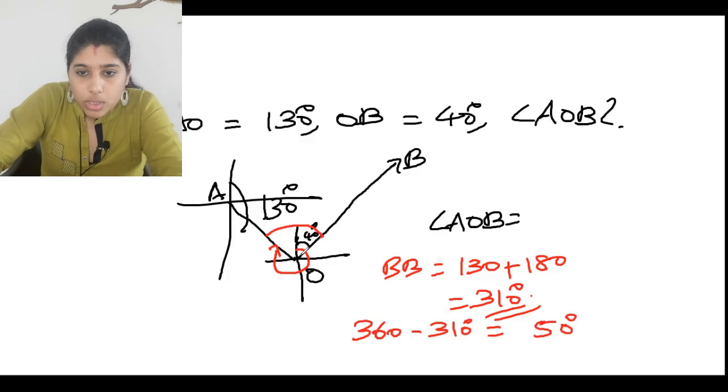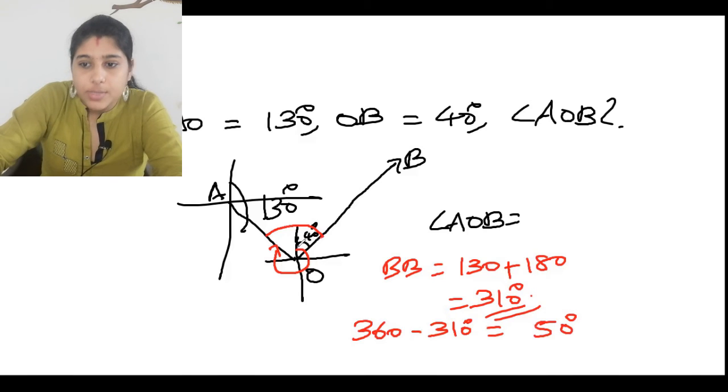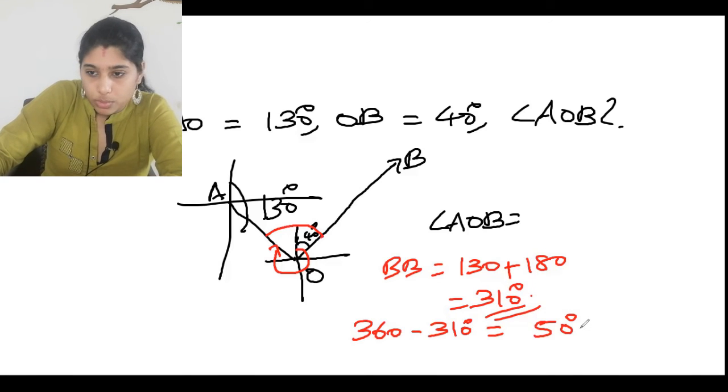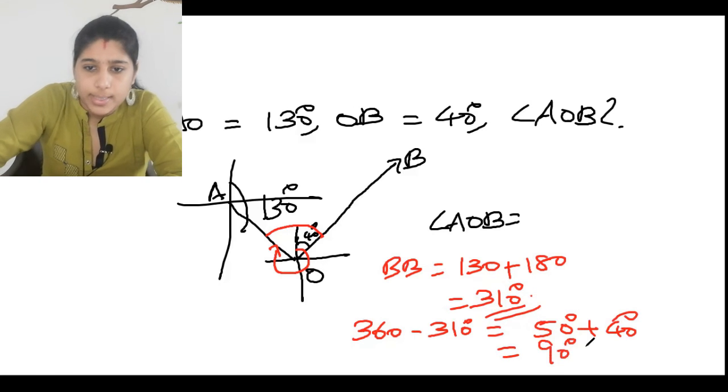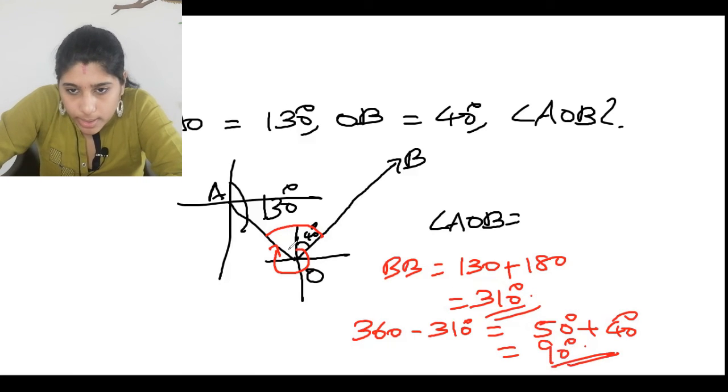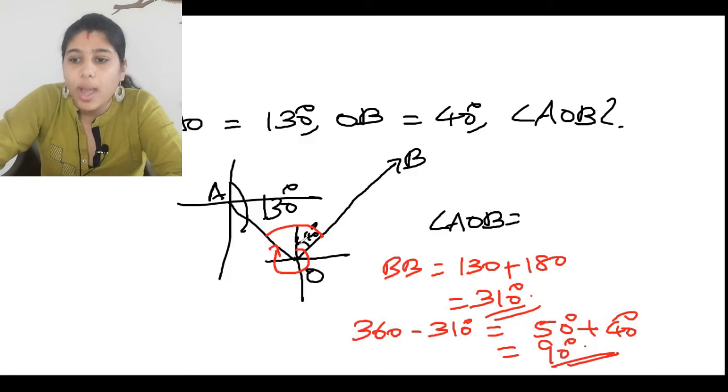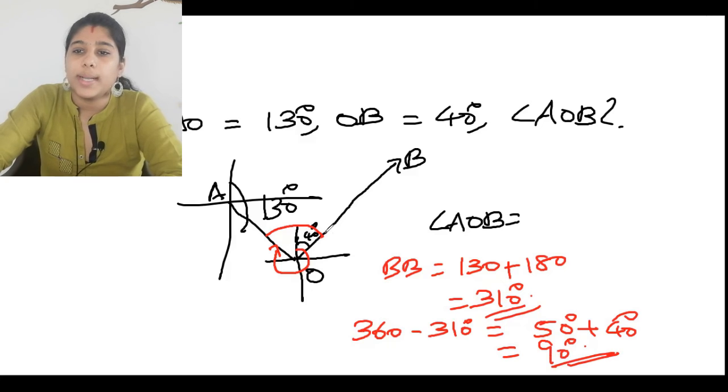Okay, so this total gone, you got 50, then you have to add what? This 40 also, plus 40, same way as before we have done the same problem, so you will get the answer 90. Understood that this total is 360, out of this 360 this back bearing has gone, so only this is left, and we have to get the total angle, that means we have to add this 40 also, so 50 plus 40, that is 90 degree.